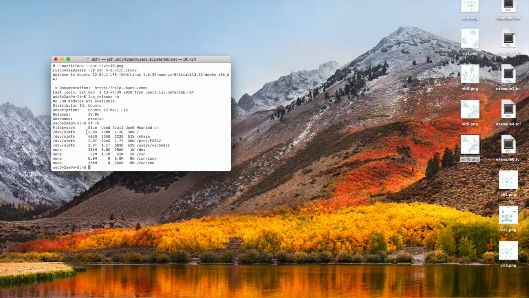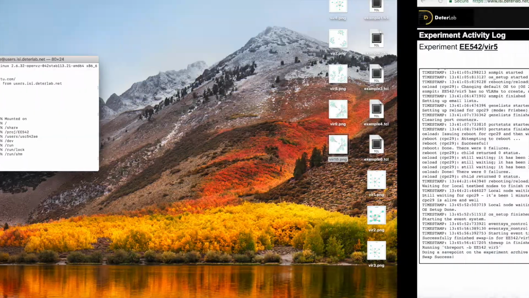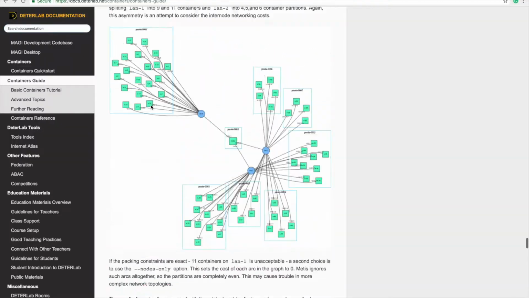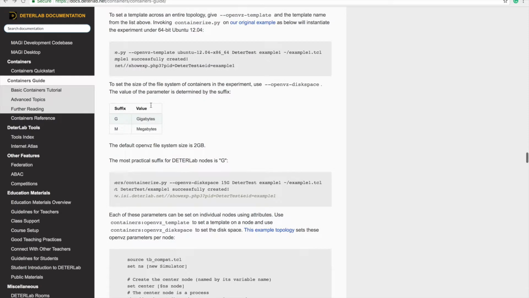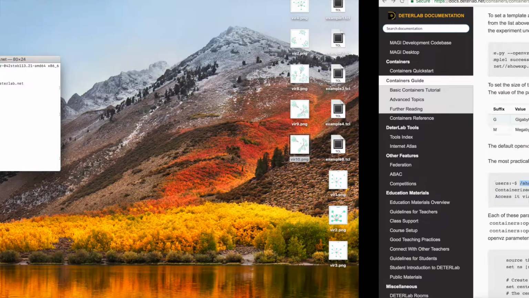Now to change the size of the disk, we can use a command which will allocate the amount of GB you want to give to that disk, which will be allocated to the node. The command would be, this is the command. You will copy and paste it over there